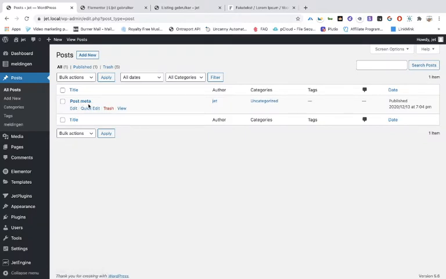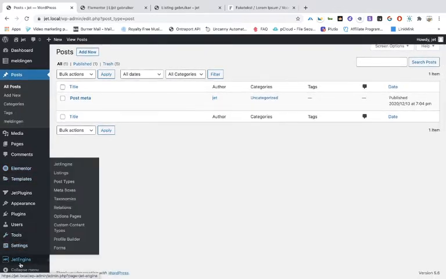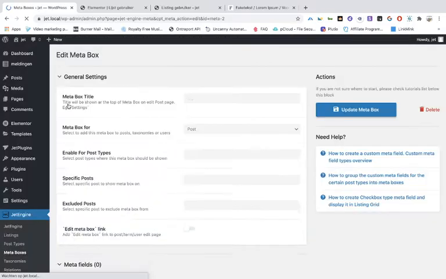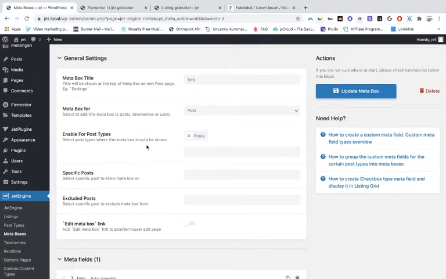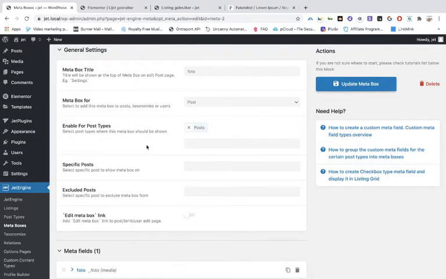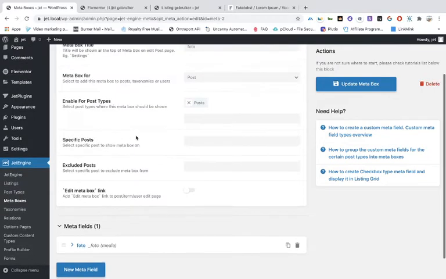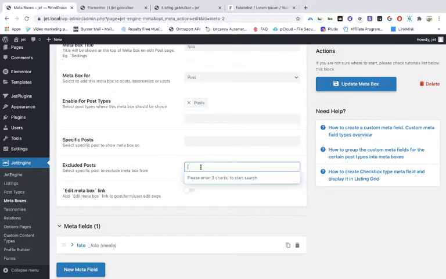We have named it post meta. And if we go back to the meta boxes, what you see then is that you can exclude that particular post from having these particular meta fields. So when we exclude this one,